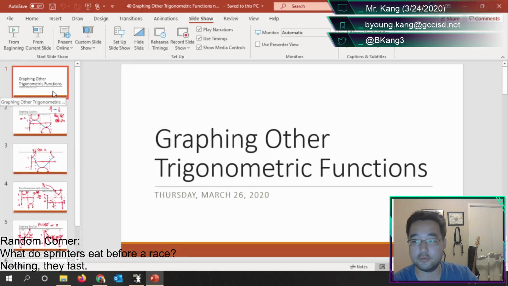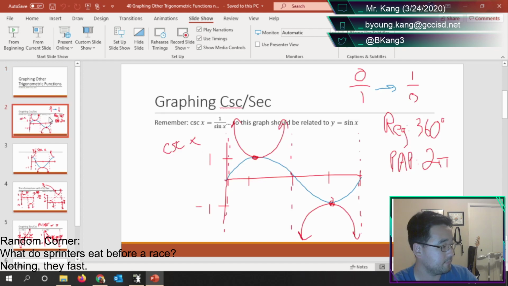Okay, so I'm just going to do a quick Cliff Notes version of what we talked about in the lecture yesterday. So cosecant and secant. By the end of this, we're going to end up graphing all 6 of the functions, all 4 of the new functions. So cosecant, by its definition, is the reciprocal of sine. If you take a look at that blue graph, that's what we learned how to draw sine before.